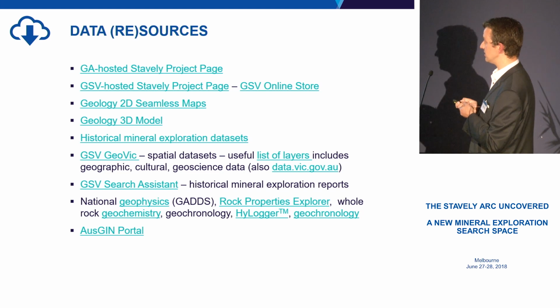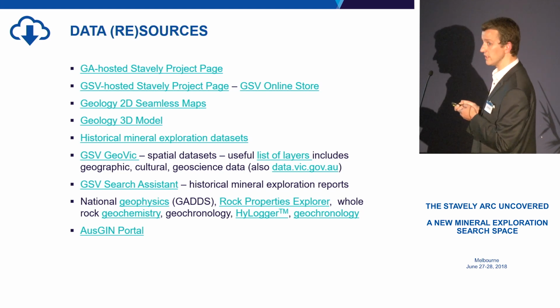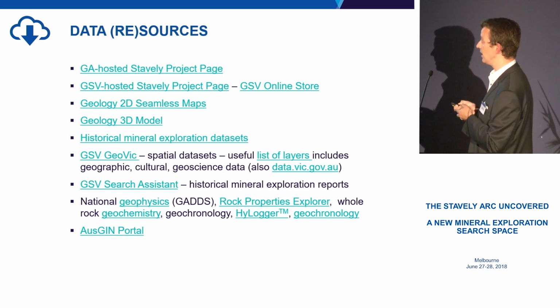The GSV Search Assistant is a useful tool for historical mineral exploration reports, and we've also got a lot of national databases which deliver geophysical information, rock property information, whole rock geochem, geochron, HyLogger and geochron again. And the AusGeom portal as well, a lot of information's getting put on that, so that's the Australian Geoscience Information Network portal. A lot of information's getting delivered on that, so you can go to one place and get